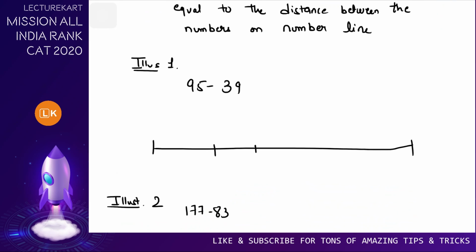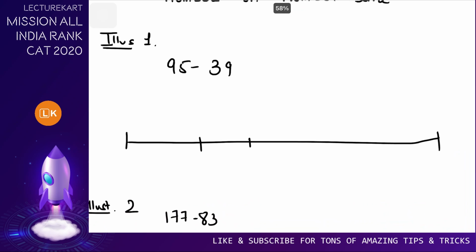So from here on, when you're watching the video, don't have a pen and paper. This is the first illustration with big numbers. I know you are scared, but try this. Whatever you'll be thinking, I'll be writing down. So we have to start from 39 and we want to reach 95.